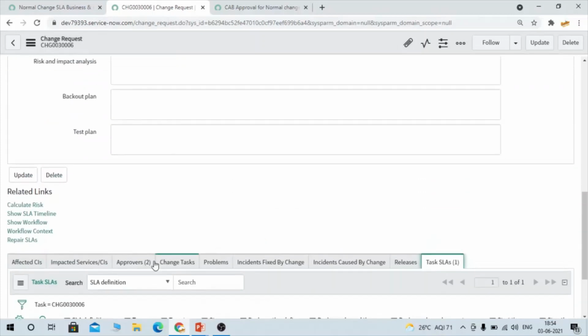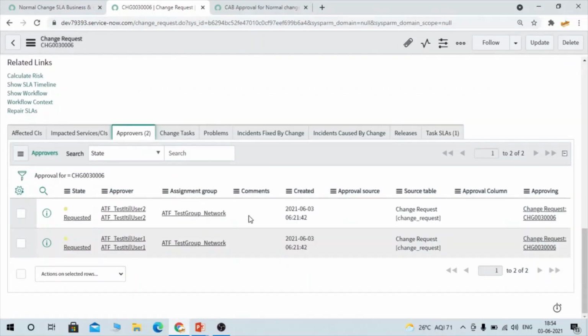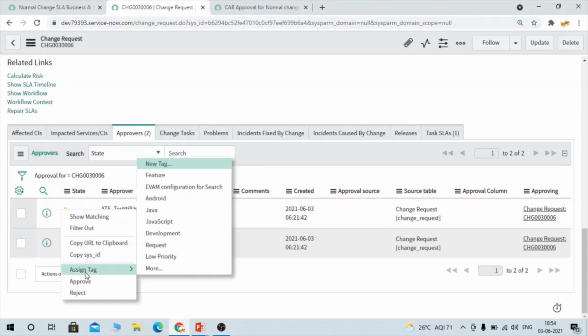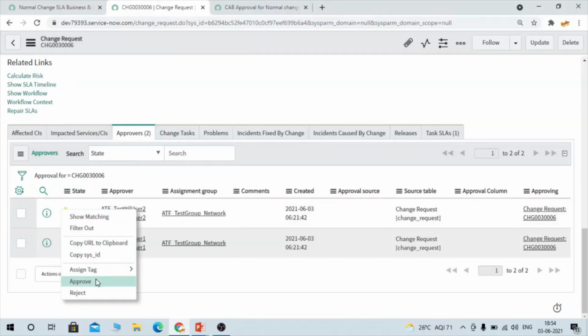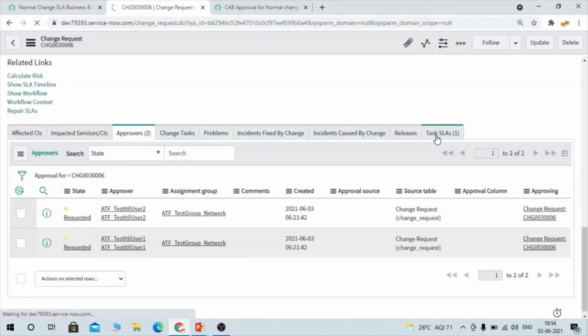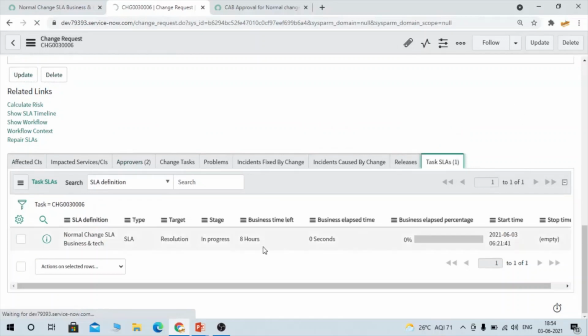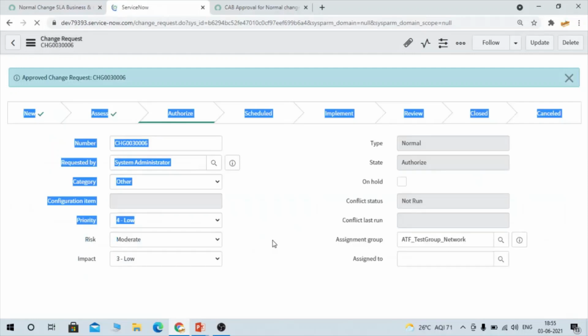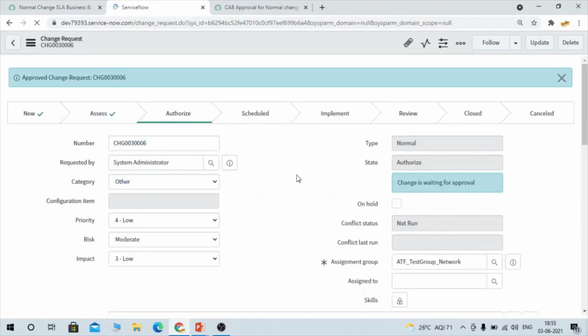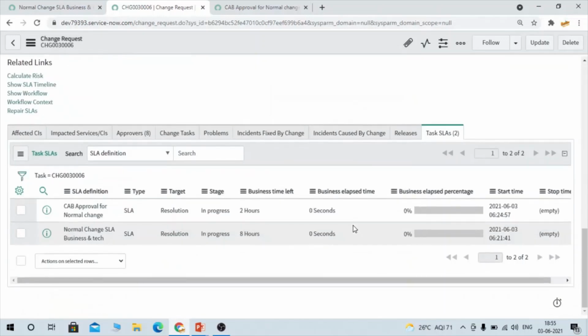So now once I go here, I'll approve this. One second, I didn't show you, the state is in progress, right? It is running and we are having 8 hours.